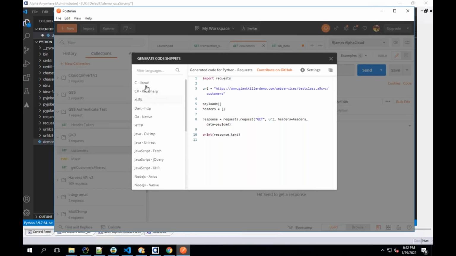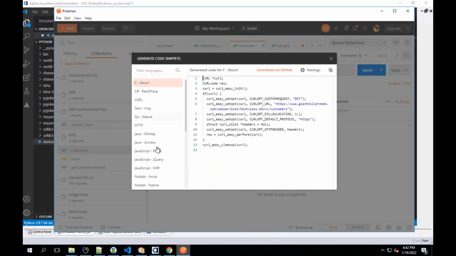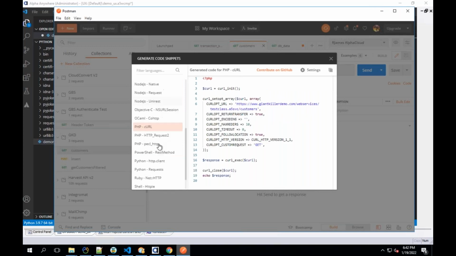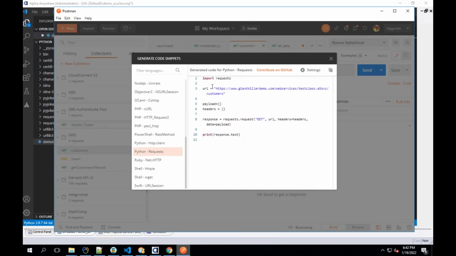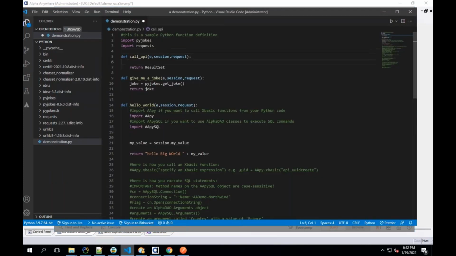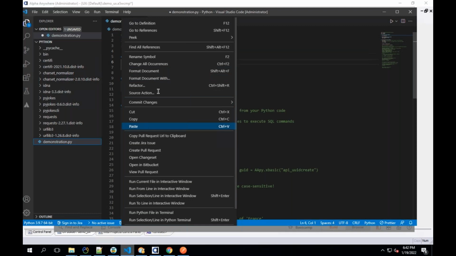Let's say I was using C. This is how I would do it in C. If I was using it in PHP, this is PHP code. But here, look at this one, Python requests. Boom, there's the code right there. So now all I have to do, once I have it running here, is copy that. I go back into here and I go into my script right here, paste it,